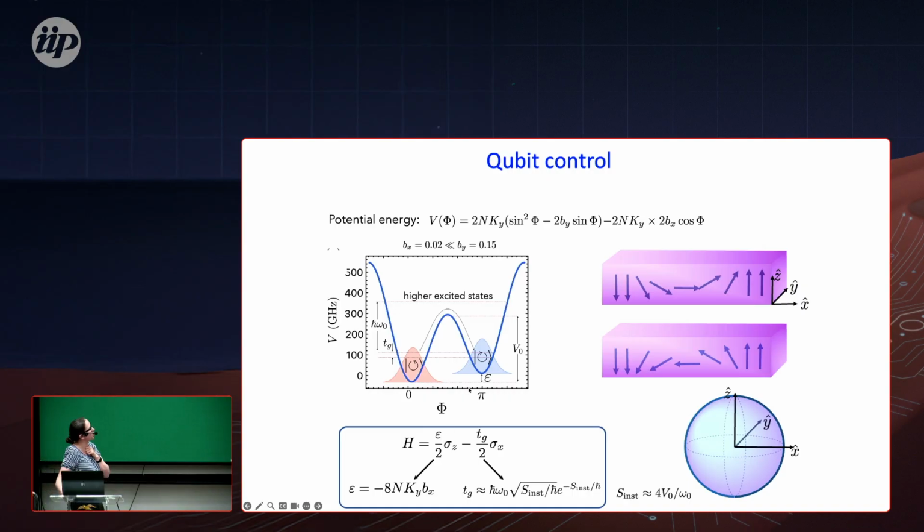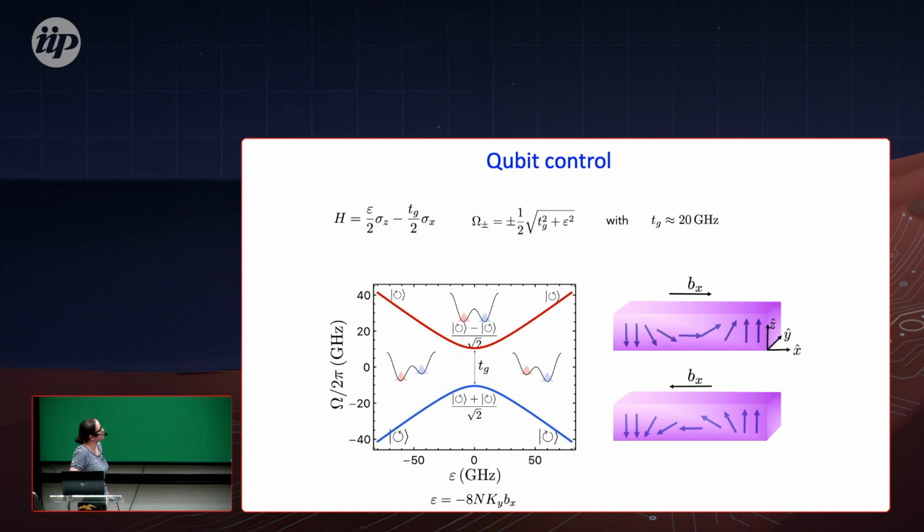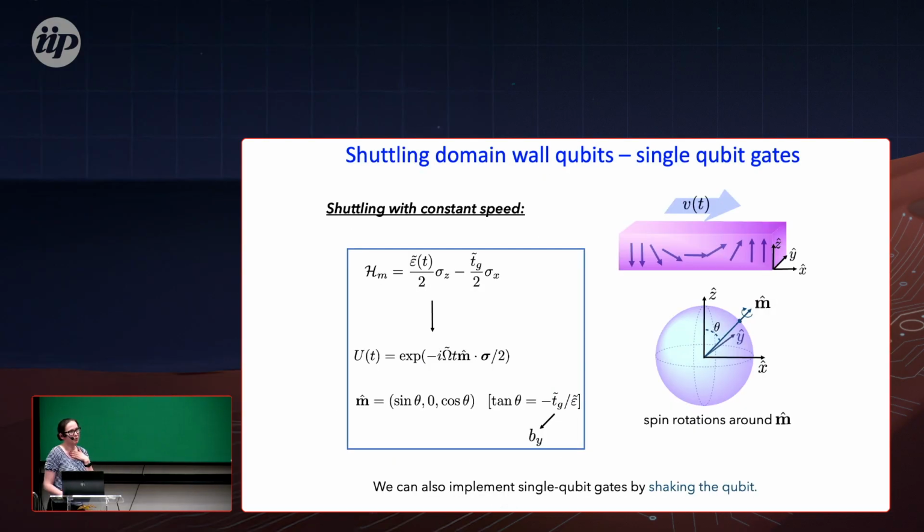Another question is how do I couple them? Of course, I separated them here by the domain wall, but if it's a quantum object, I can consider that there is also tunneling between these domain walls. So this could already lift the degeneracy between them, and this would be equivalent to matrix sigma x. What is interesting is that we can control this degree of freedom by changing the magnetic field. Also, because we usually have Dzyaloshinskii-Moriya in these domain walls, if we shuffle the qubit with constant speed, we can also perform rotation on a Bloch sphere, because shuffling gives us coupling as well. And this would be an additional direction for the qubits which we consider.